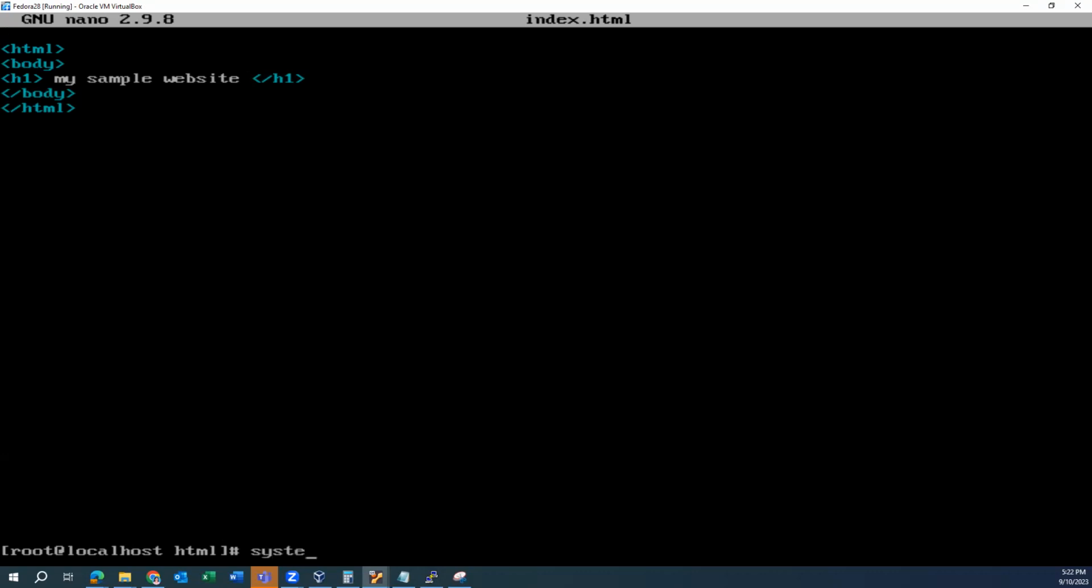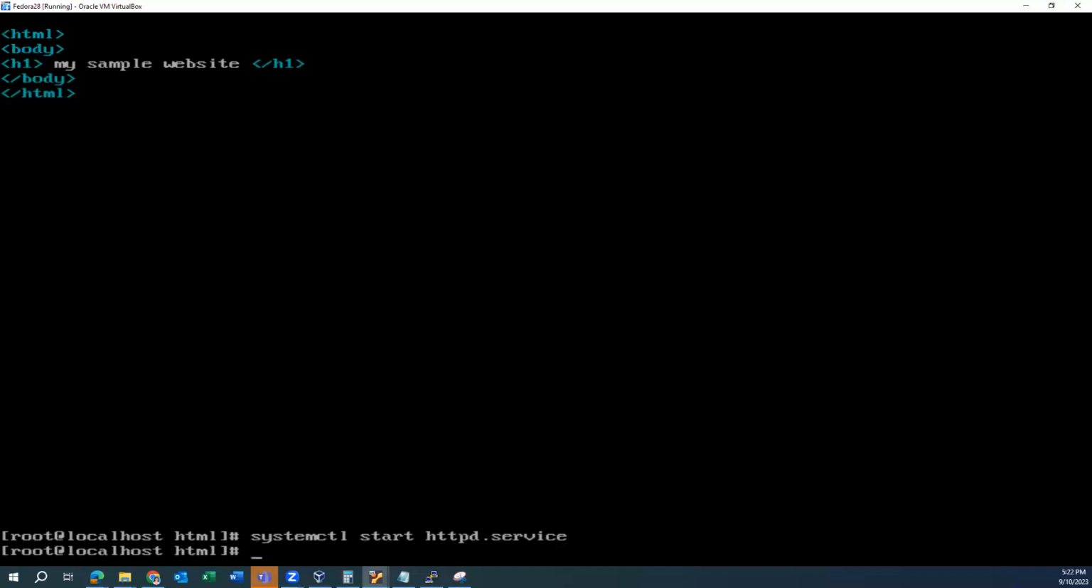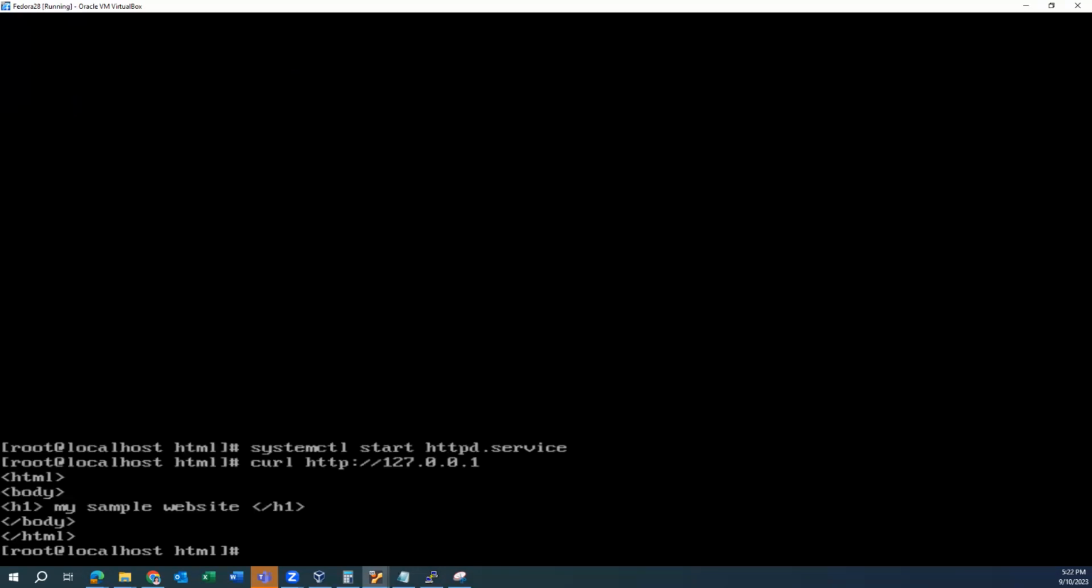Now I will restart the HTTPD service and try to see if I can grab my page, and it looks like I can grab my page. In fact,